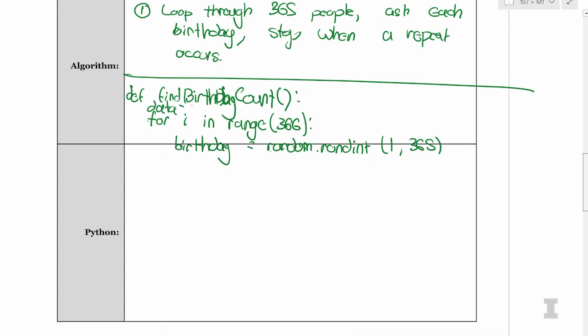And then what we'll do is, because we're basically building a simulation, before this for loop we even need to have data equal to an empty list. And we're going to go ahead and now accumulate birthday inside d. d is equal to curly bracket birthday colon birthday. And then we can say data.append